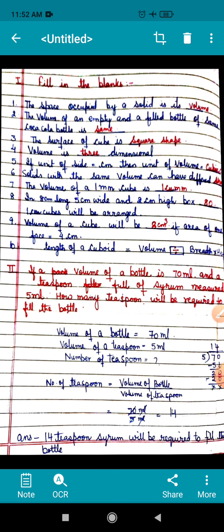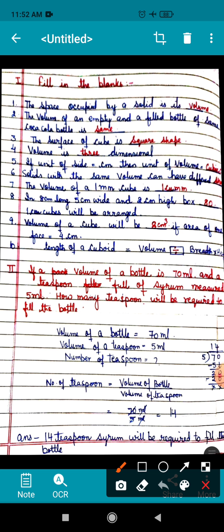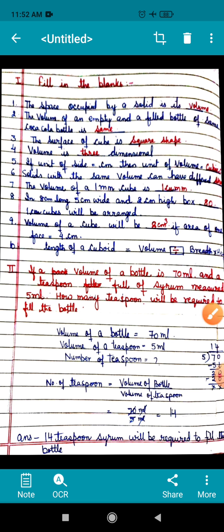In 8 centimeter long, 5 centimeter wide and 2 centimeter high box, dash 1 centimeter cubes will be arranged. So first of all, what you will do, you will find out the volume of a box. Volume of a cube you know, so you will divide to find out the number of cubes. So first of all, let us find out the volume of a box. 8 multiplied by 5, 40, 40 times 2 is 80. So 80